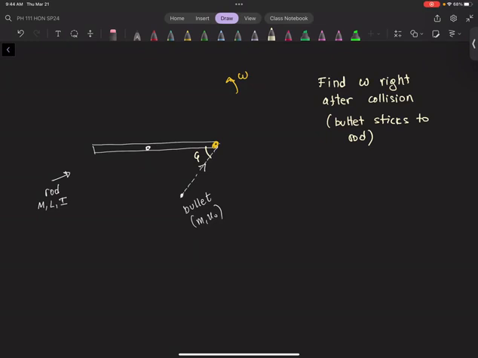Yes? Okay. Do we have a collision here? Obviously we do. Do we have internal forces? Of course we do. Collision means internal forces by definition. Can we argue that the angular momentum of the system is conserved because you have internal torques? Forces is torque, right? Forces acting on something that is spinning, it's torque. So internal torque, sigma of tau is 0, yes? So you can directly argue that the angular momentum of the system before and after the collision is conserved. Or if you will, do it.